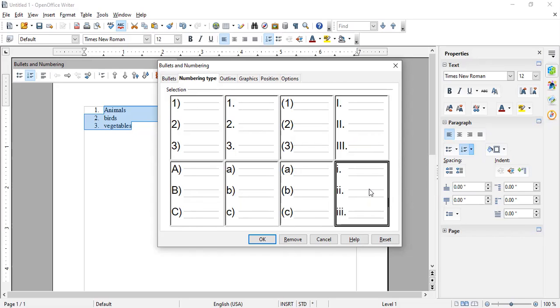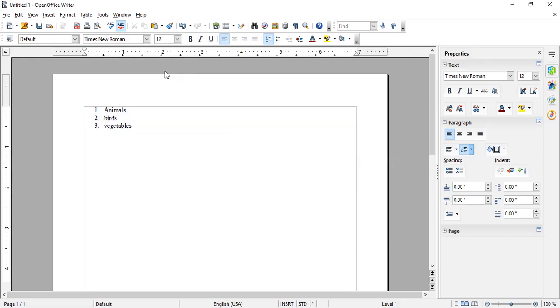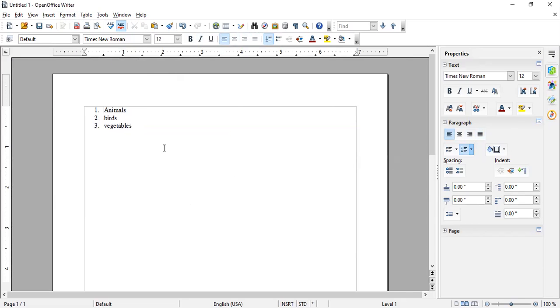Okay, children. So now let us recollect again. So see. First of all, alignment. If I want to change the alignment, what have I done? Simply you can use these particular icons present on the menu bar. Otherwise, you can go to the Format menu, select Alignment and select whatever alignment you like. Clear? These are the two ways to change the alignment.